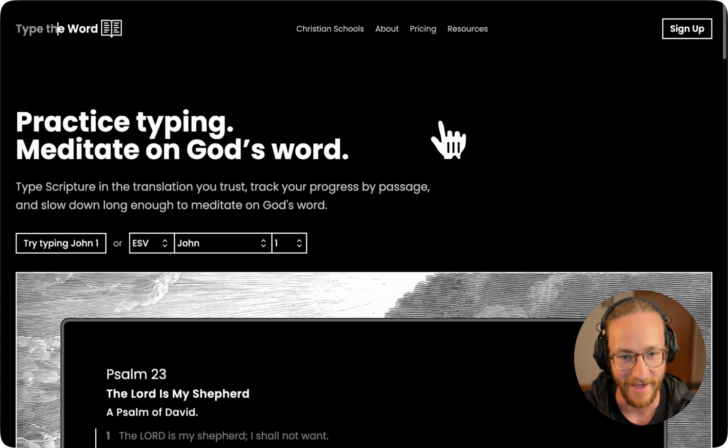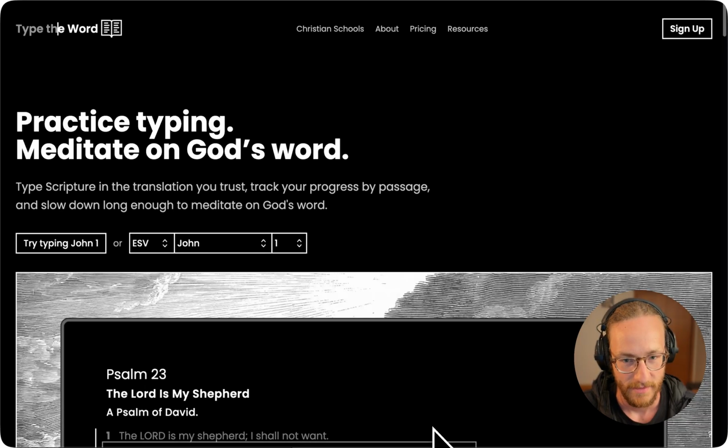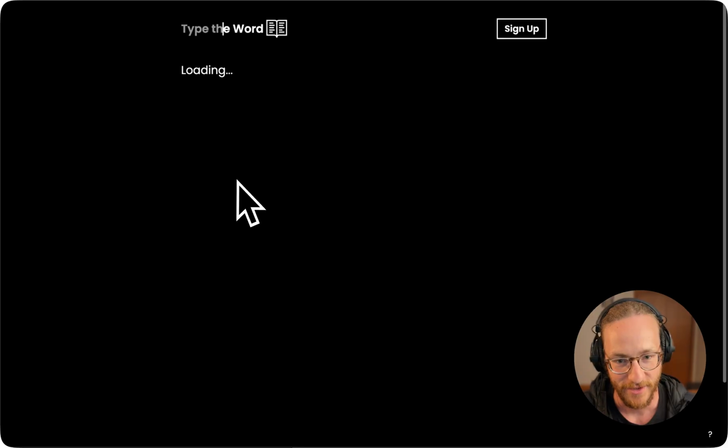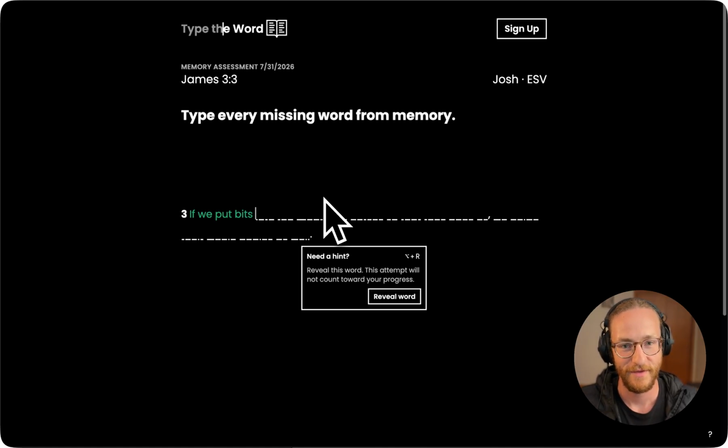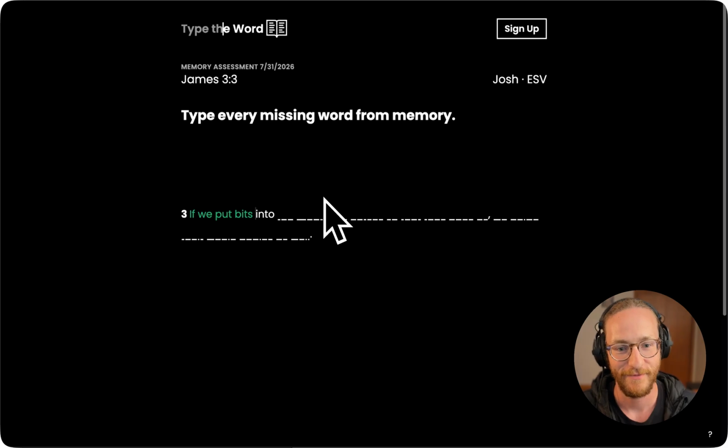Over in my student browser, I will open that link in a new tab. And since I'm Josh, I'll fill it in as Josh. If we put bits, and that's something for you to know: if you don't know a word and you wait for 3 seconds, you'll get a hint that allows you to reveal the word. That will ultimately be visible to you as a teacher, but it's helpful if you can't remember the next word. So if we put bits into the mouths